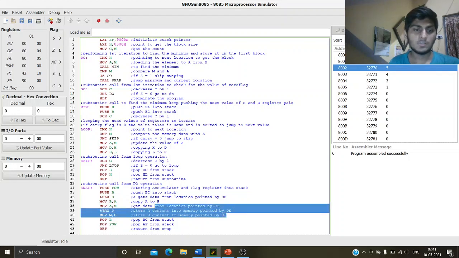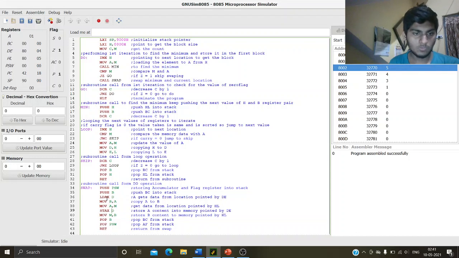So it is one shift which we will be performing through storing the value of the A content into the D register pair. Also we will get data pointed to by HL.